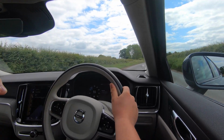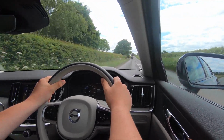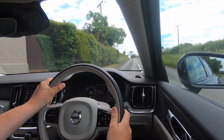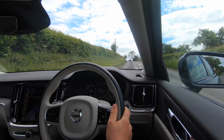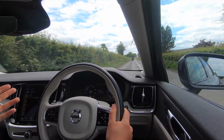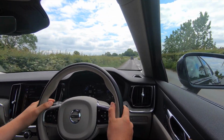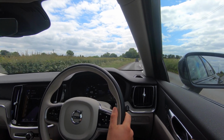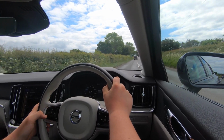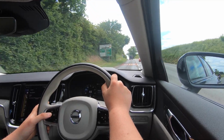You're going to have to have done something very wrong to lose control of this car, because it's really set up to protect you. The way that it steers, the way that it prioritises understeer rather than oversteer. So if you really do push it past its limit, the front of this car is going to slide out rather than the back. So you're not going to end up flipping round on yourself, which is very good. You don't want that, and you don't want your loved ones to do it as well. That's the thing. It's not always just you that drives your car. I suppose it might be for some people,